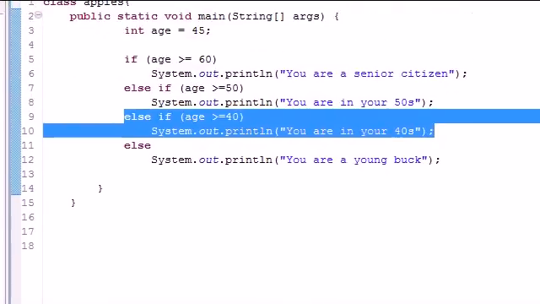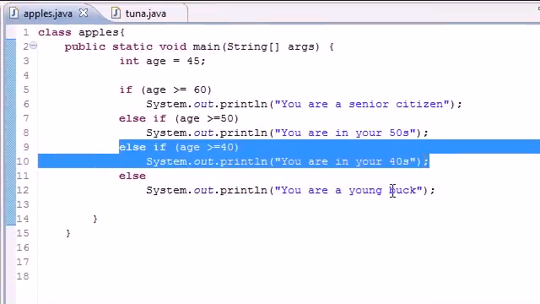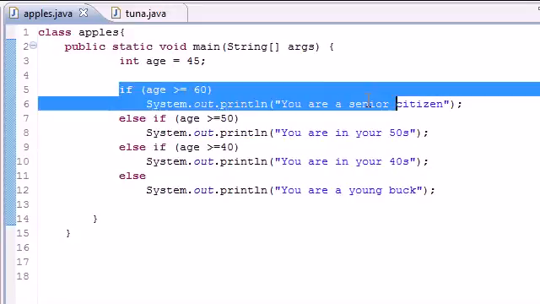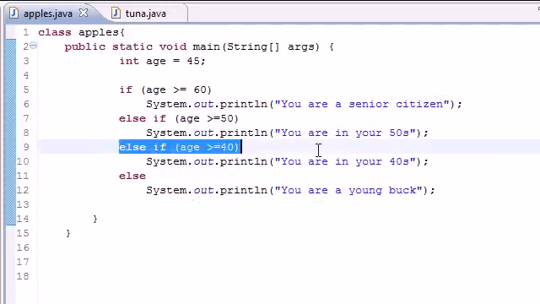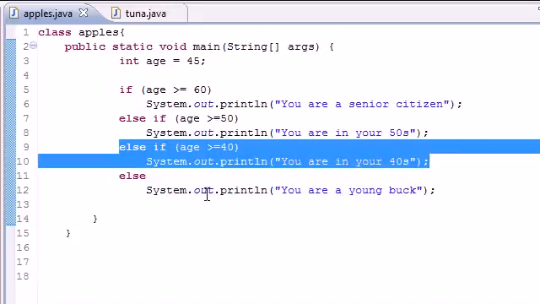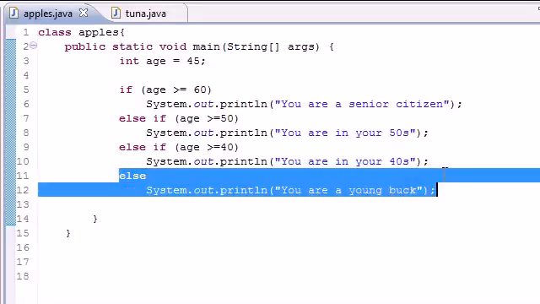And again, whenever you use the if statement, as soon as it finds its answer, it exits the whole thing. So it can only do this, this, this, or this. And since it did this one, since age was greater than 40, there was no need to go to the else because it already found its answer. So that's how you can give a variable many tests using an if